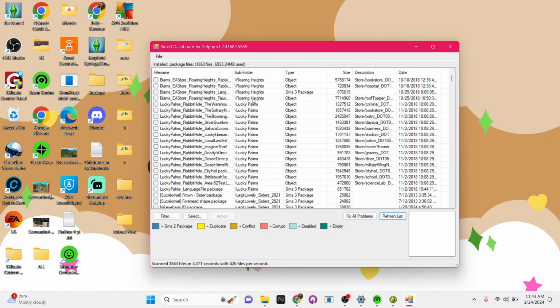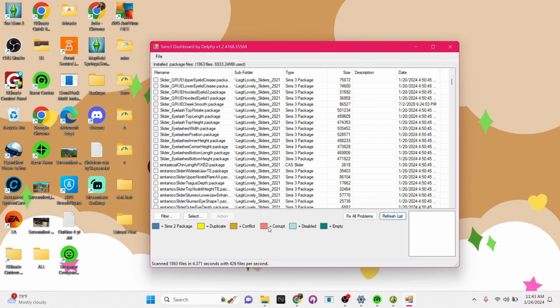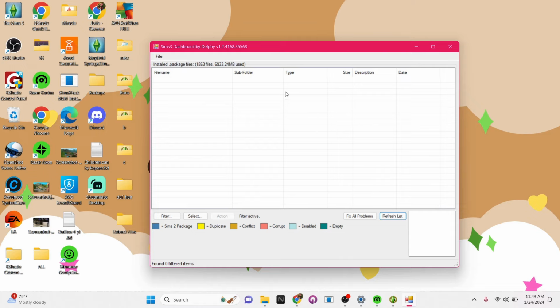And then I like to use this because it's going to show you if there's any corrupt files, which I don't have. And if you have anything corrupt, take it out. It'll show you any disabled, empty Sims 3. It will also show you duplicates. And this is kind of why I use this most of all, because I want to make sure that there are no duplicates in my game and that I'm not